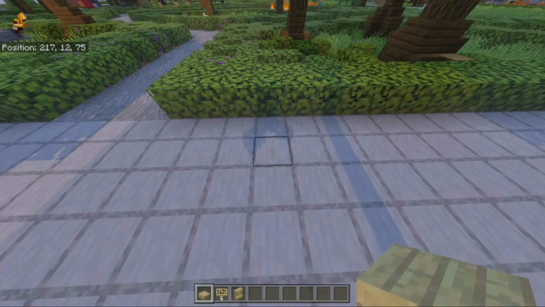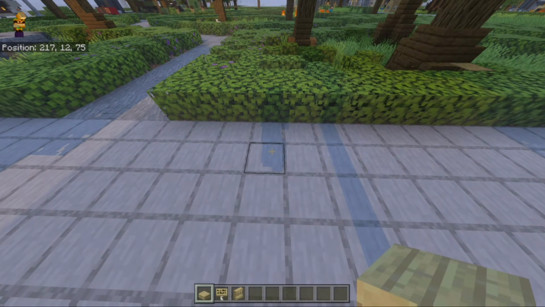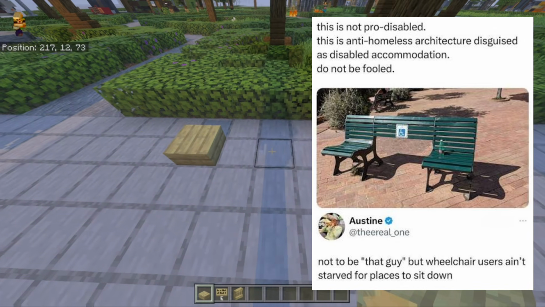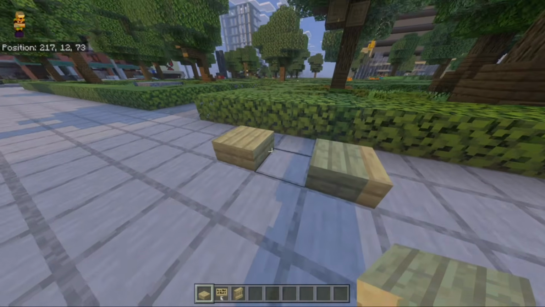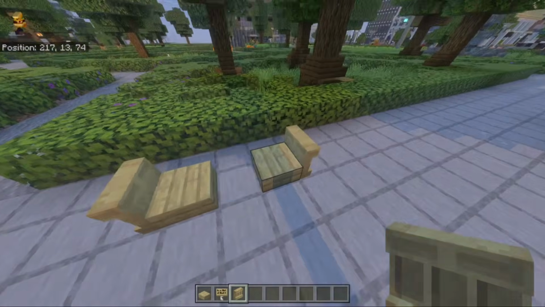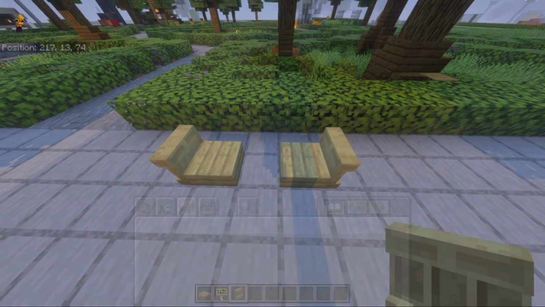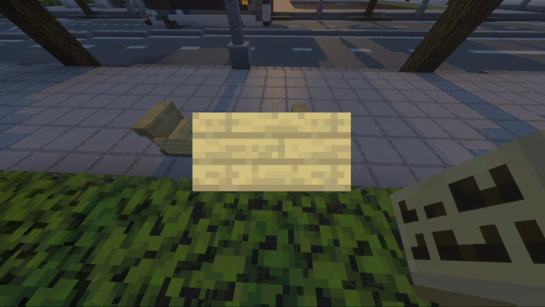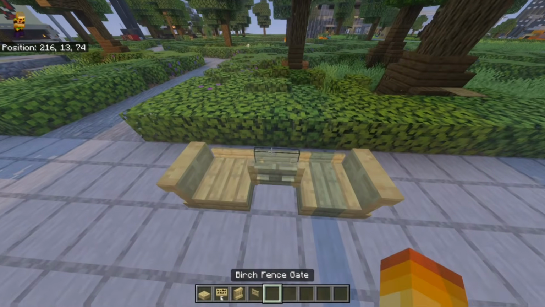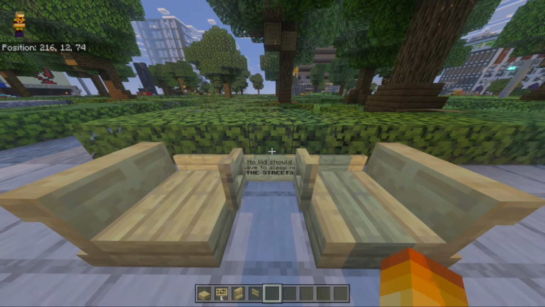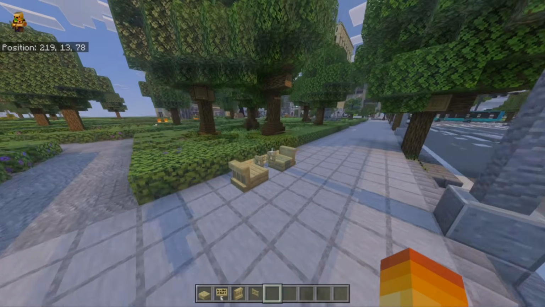And one of my favorite ones, well, favorite as in I think it's stupid, is a bench with a hole in it for wheelchair users, because wheelchair users, they really need a seat. So I figured that would be a perfect solution for our first bench. Let's be generous. Let's give a little backrest, you know, because we need them. And then we need a text on here that says no kid should ever have to sleep on the street. All right, perfect. I wouldn't want to have it any other way. This, you know, that will show him.